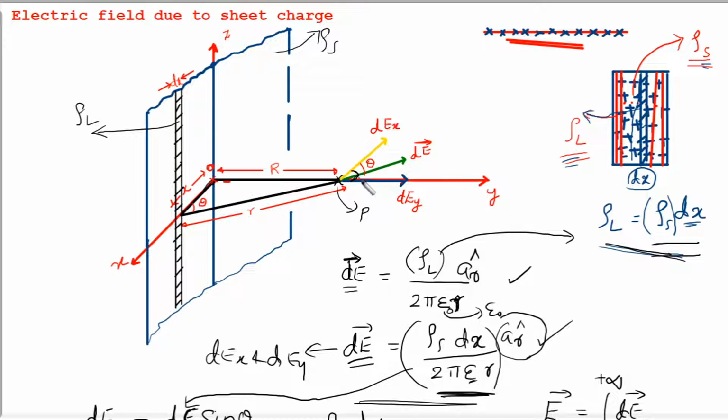This dx will be in this direction, and when I draw another dx here, I will get a triangle like this. dEy will be same, effect of dEy remains same, but dEx will be exactly opposite to this vector. They cancel. Same vector in opposite direction, they cancel, right? This will be A, this will be minus A. Same magnitude, they cancel. A minus A, 0. Okay? So this is true throughout. What does it mean? Only dEy component of this dE vector exists, and dEx component will cancel by geometry. Hope that is clear. Okay?